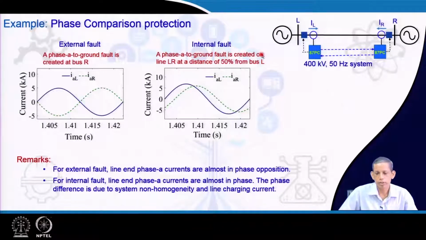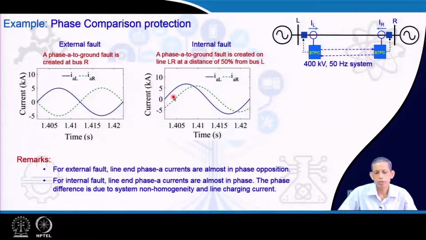Now, an example on this. We have a 400 kV system, with L and R as the two ends, and two cases. For the external fault case, the blue curve is the Ln current information, and the green dotted one is the Rn information. Because this is an external fault case, they are out of phase, and therefore, for the corresponding square wave of the positive half, the overall coincidence time will be 0 here,